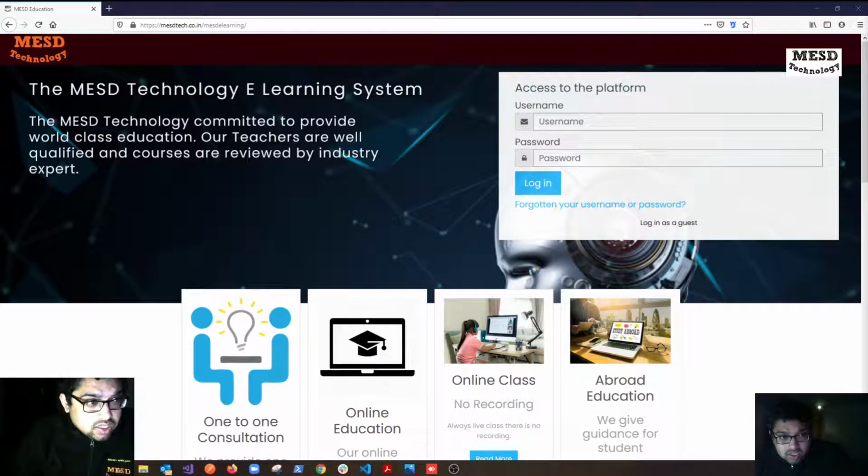First thing, what you need to do: you will get a username and password in your email with a login URL. There you need to log in on the system using the given username and password. Please remember, username and password are very important because your username is assigned to the course. If you forgot, you can always ask us